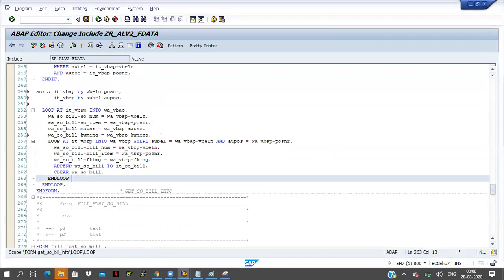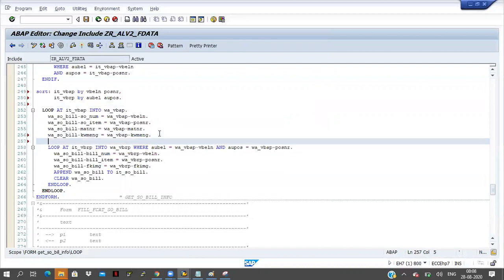Now what I'm doing here, before looping I will do one thing. I will write one read table syntax here.